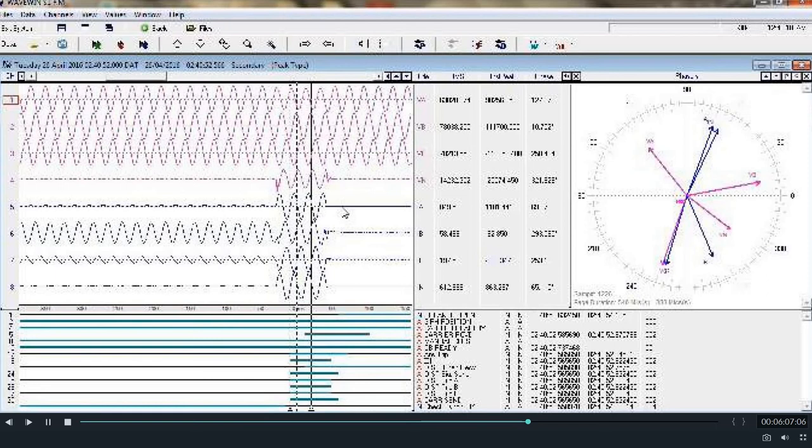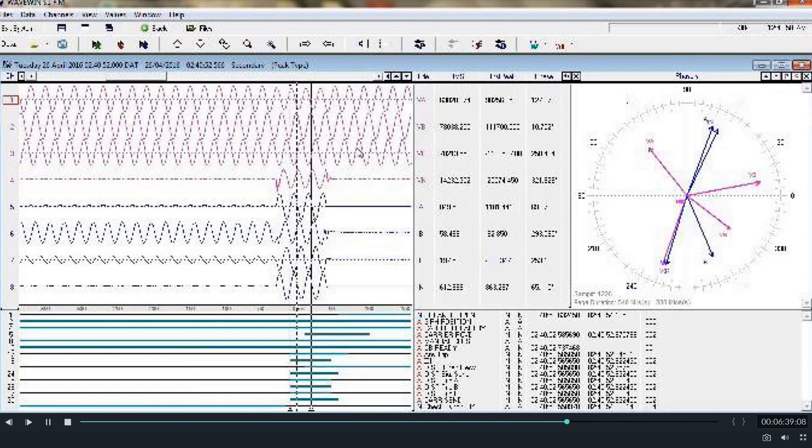At the same time, if we look at the digital channels, we'll be able to observe what other indications were recorded in the DR during the fault. If we start from the top, we'll be able to find the condition of the breaker. That means when the breaker was opened during the fault, whether it was a 3-phase opening or a single phase opening, what the zone of the fault was, and whether the circuit breaker was ready or not.